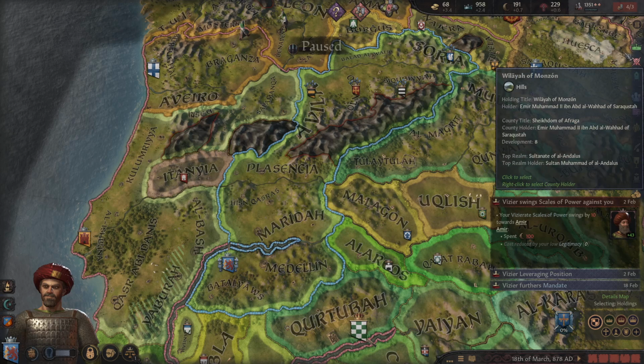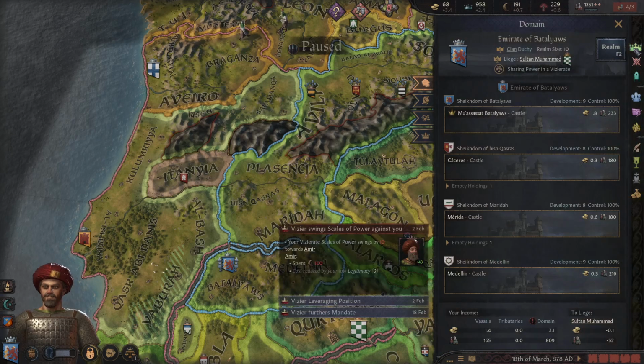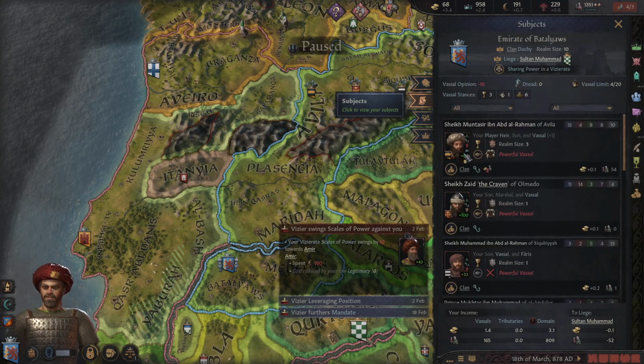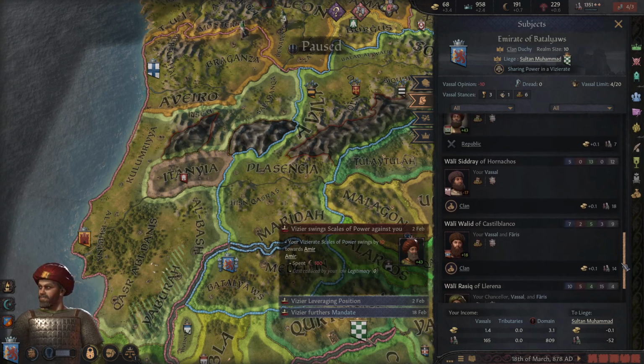All you have to do is go here in the Realm tab, you click and open. You can also press F2 to open it, and go down here to Subjects. It's the second from the top. You click there, and down here you can see all your subjects and vassals and the relationships that you currently